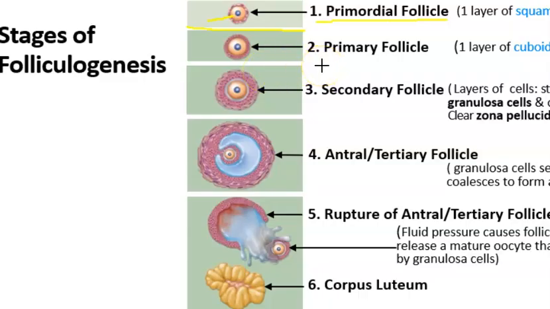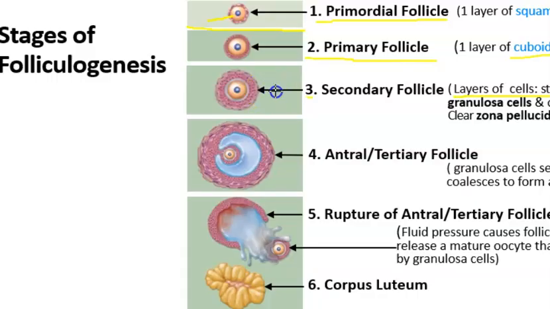But over time, that primordial follicle changes to a primary follicle. This occurs when those squamous cells become cuboidal. After that, the cuboidal cells multiply by mitosis, and so you get layers of cells. Now we have a stratified cuboidal epithelium,